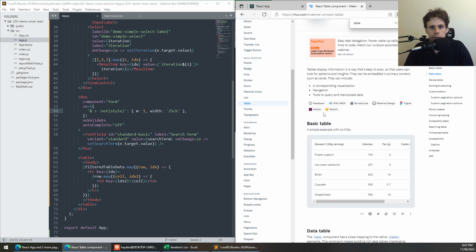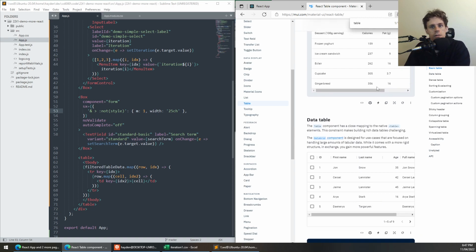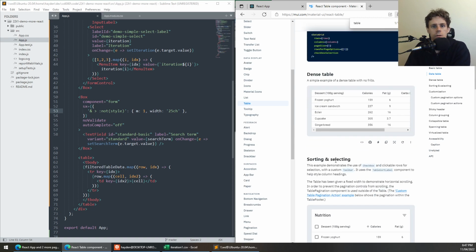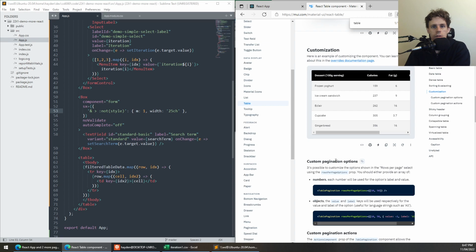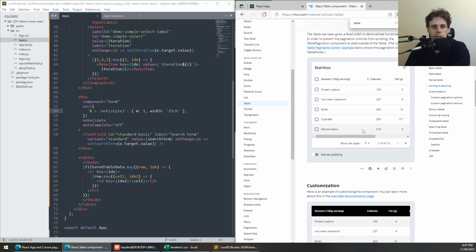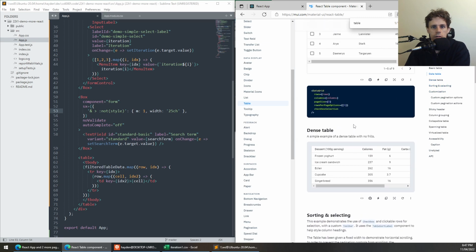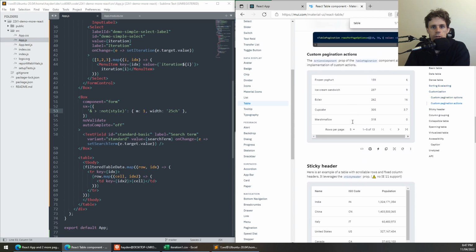This is a table with a checkbox. This is a table without a checkbox. Basic table. What else we got? Sorting and selecting. Sorting and selecting sounds fun. Is it just sorting? Dense table, customization,